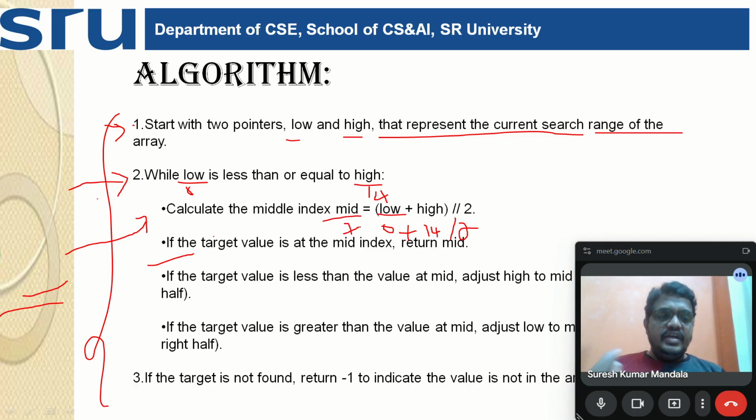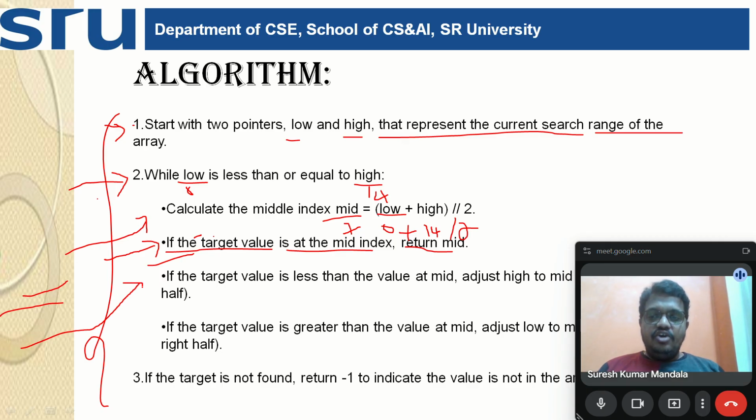So after identifying the middle value 7, as we discussed in the previous example, we start the comparison of the middle value with the target value. That will be written in this step. If the target value is at the mid index, return mid. If the target value equals the mid index value, then return the mid value, the element is found. If the target value does not match, what do they do? If the target value is less than the value at mid,